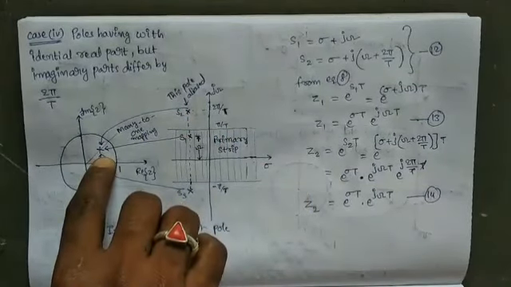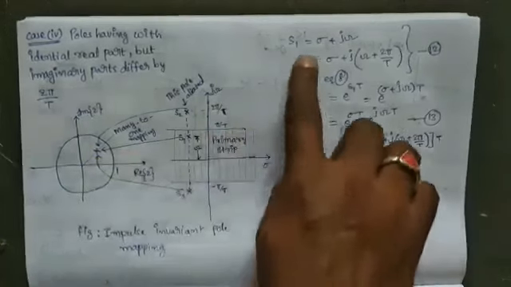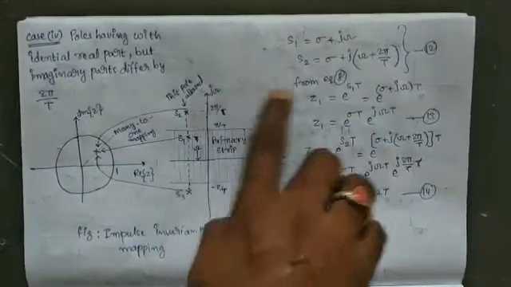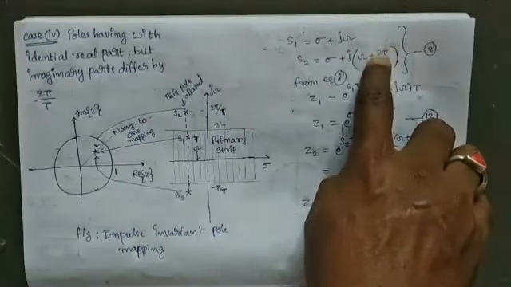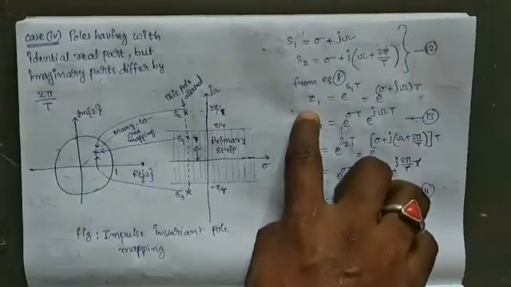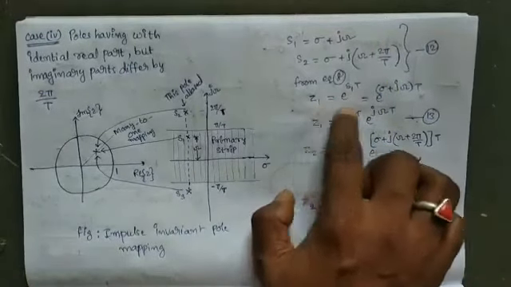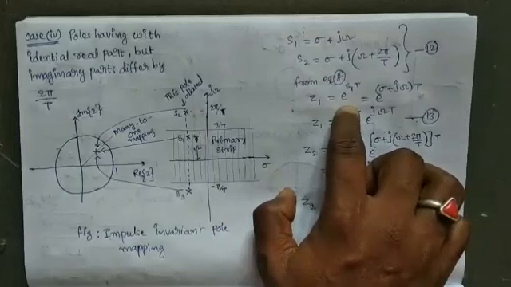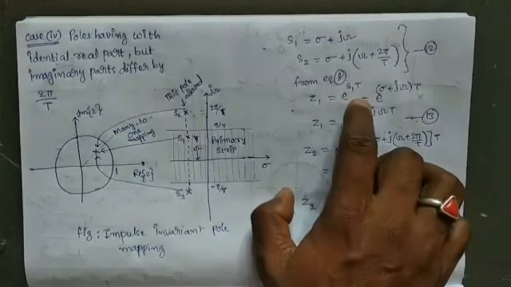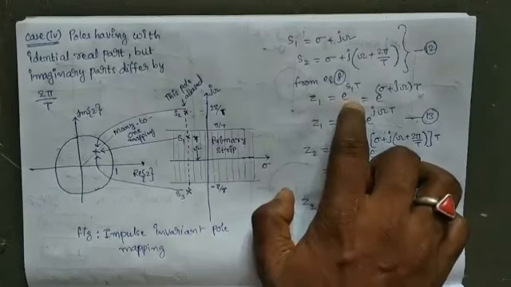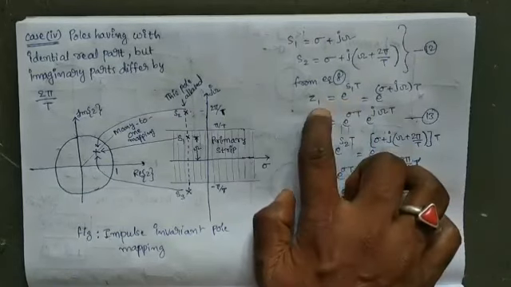These are the two poles in the S plane, differing in imaginary part by 2 pi by T. Now we obtain the relation between the Z and S planes. Z is equal to